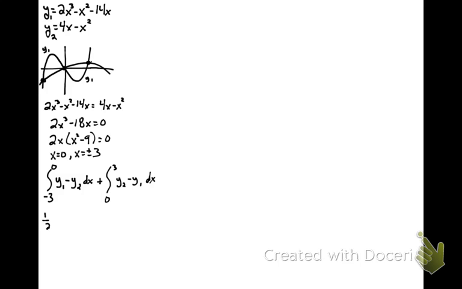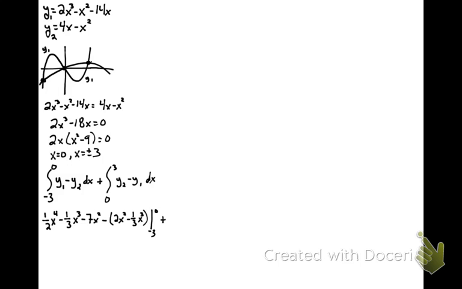One half x to the fourth minus 1/3 x cubed minus 7x squared. That'll be minus my lower curve, so when I integrate 4x, that should be 2x squared minus 1/3 x cubed. That needs to be evaluated from -3 to 0,